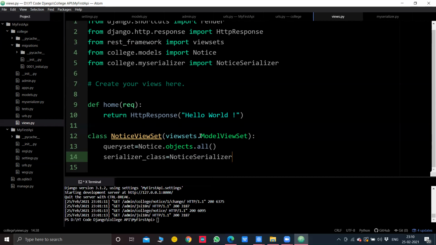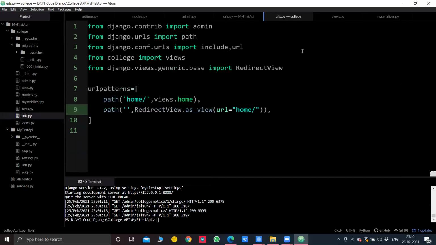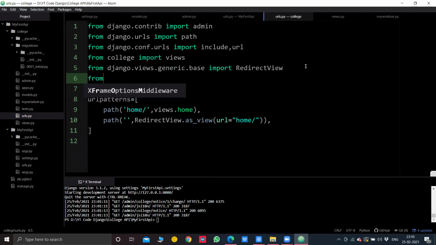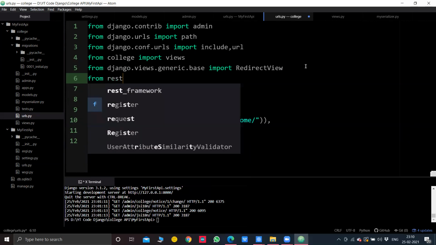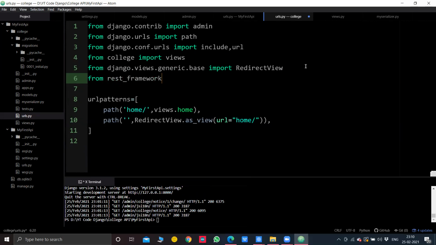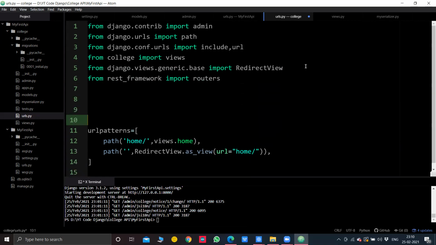So now in college urls.py, what we'll mention is from rest_framework import routers, and what I will define is a router to handle the routes.